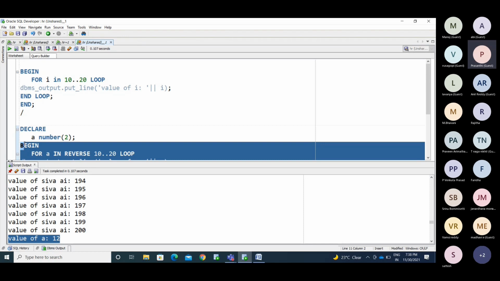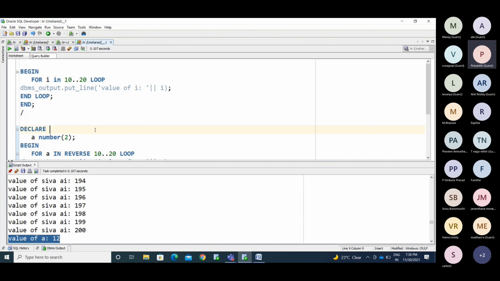Okay, now display the tables of two. Multiplication of two, what are the values? 2 1s are 2, 2 2s are 4. You will get tables like that, right? Tables of 2, you need to mention that. Using this loop, you can do that, right? So practice with your end. If you have any doubt, ask me now.